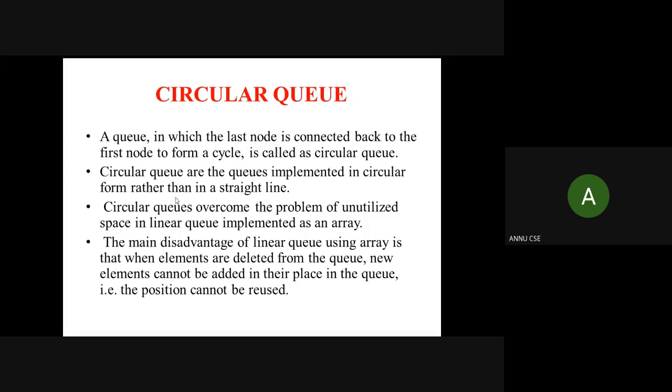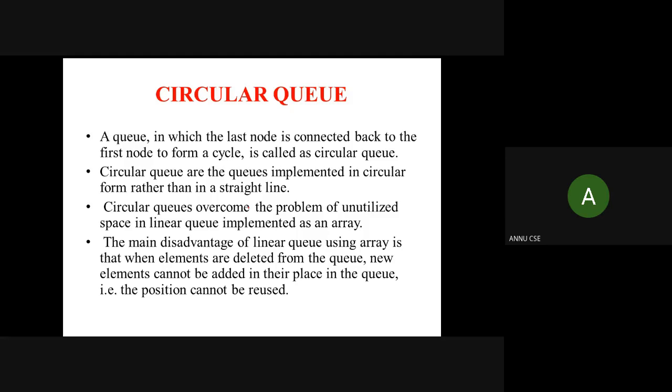A circular queue can be implemented in a circular form rather than a straight line. And a very simple way to implement a circular queue using a linked list is by using a circular linked list. So by just using the circular linked list, you can implement a circular queue. But you need to follow the same principle of first in, first out. All the insertions should be performed from the back side and deletion should be performed from the head side.